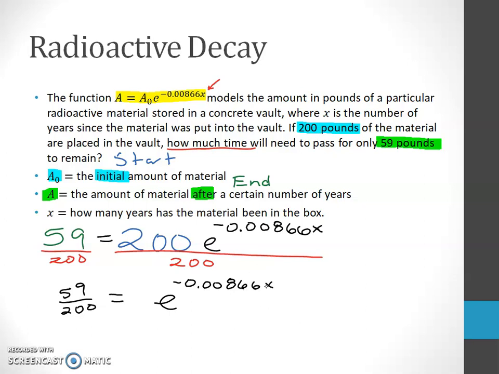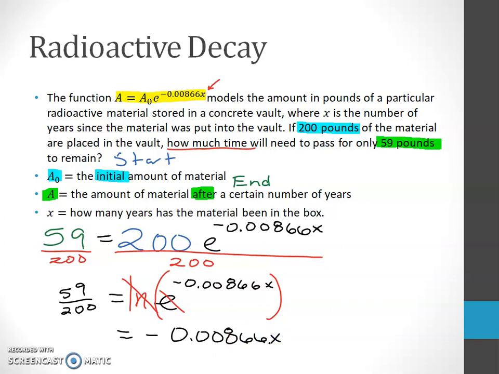Okay, again, we're trying to get that x down. That x is up in the exponent. So how can I get that x down? Well, this is where I'm going to need to hit it with a log. What does the base of the log need to be if I'm using E there? Well, it needs to be a log base E, which remember log base E is your natural log. So I'm going to hit that with an ln. Okay, ln and E will cancel each other. I'm going to be left with a negative